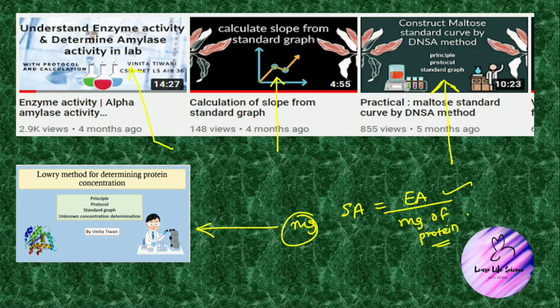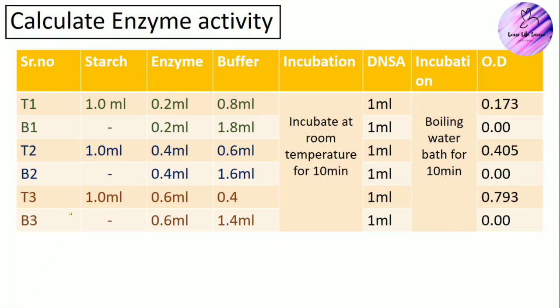For getting these two units you will have to perform two different protocols. For this you will need another protocol, and for this you will have to follow another protocol. Now for calculating enzyme activity you will have to prepare this set, in which you are going to require 3 test sets, in which I am going to use varying enzyme concentration. For example, the first set is T1 B1. B1 means blank, B2 means blank, B3 means blank. For each test tube we are going to require its respective blank test tube.